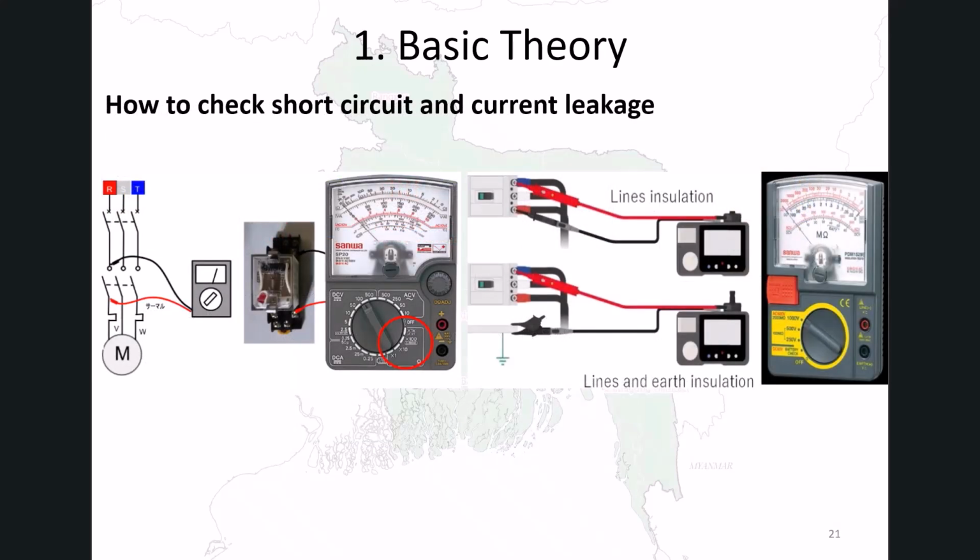If a short circuit occurs, the circuit breaker trips and the circuit cannot be used. You can use the resistance mode of a tester to find the short circuit point and check continuity. To measure insulation resistance between lines, turn off the power and measure the resistance between the wires. To measure insulation resistance to ground, measure the resistance between the wire and a grounded metal part.